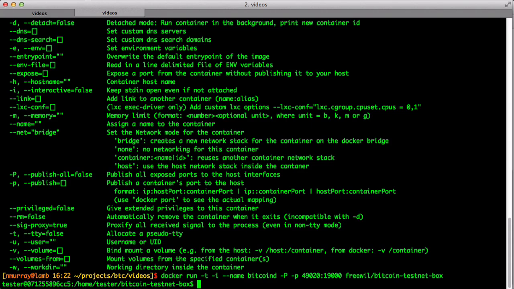One thing that I want to point out is I've set up this Docker instance to be able to map port 49020 on my box. When I installed Docker, I allowed Docker to remap these ports. So this number is the port on my host machine, and this is the port on the container machine. We're going to be using these ports a little bit later on when we want to connect to our testnet from our host machine. So on our host machine, open up a new tab